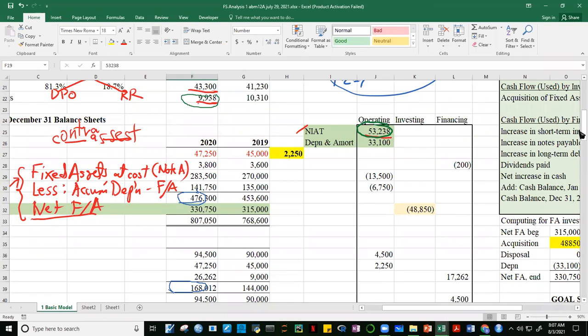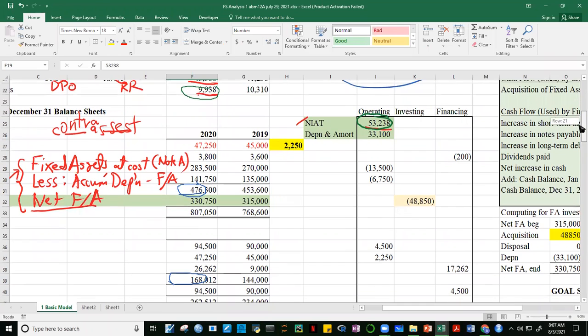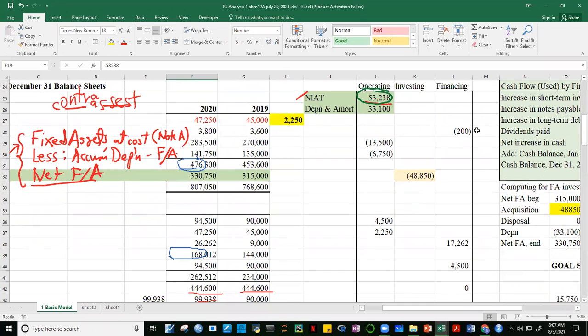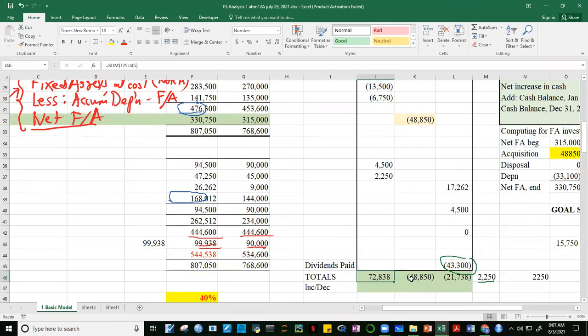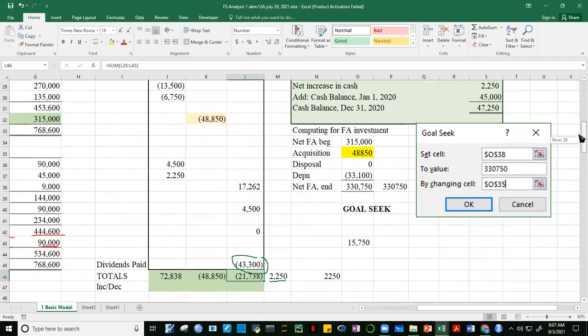Therefore, when assets decrease, it's a source of cash. On the other hand, liabilities and equity, when they increase, it's a source of cash. When they decrease, it's a use of cash. Okay, so after doing this, just take note of which goes where: operating, investing, financing. Yung mga totals na to, yung tatlong totals yan, that should be sa cash flow natin,